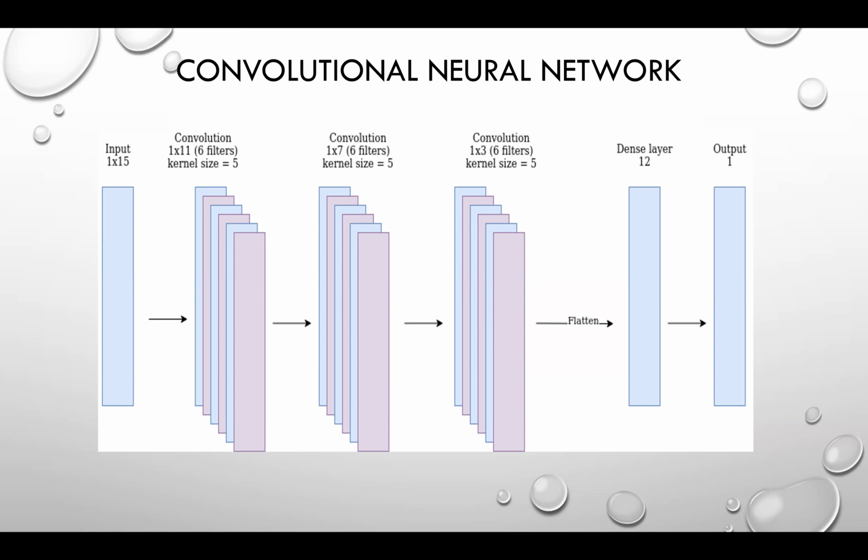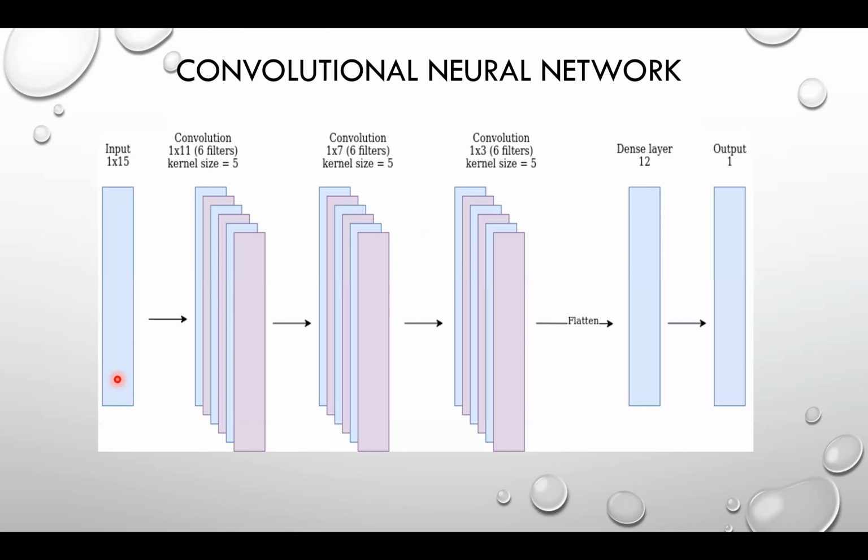The neuro-CNNs use convolutional layers to extract features and fully connected layers for further processing. Our CNN architecture consists of 3 convolutional layers, 1 dense layer and 1 output layer. The input size is 15 by 1, representing 15 different features. So here we can see that we have